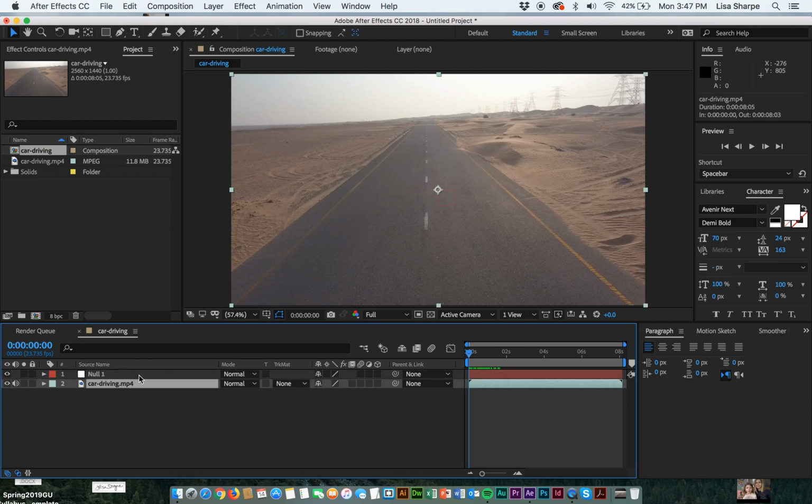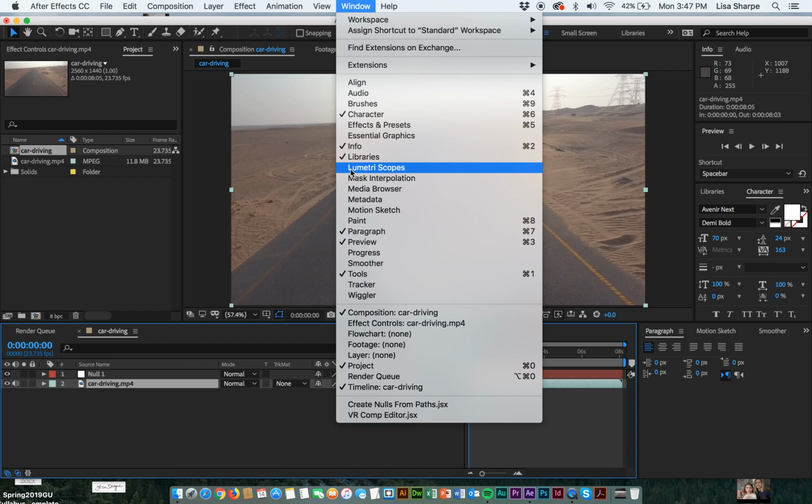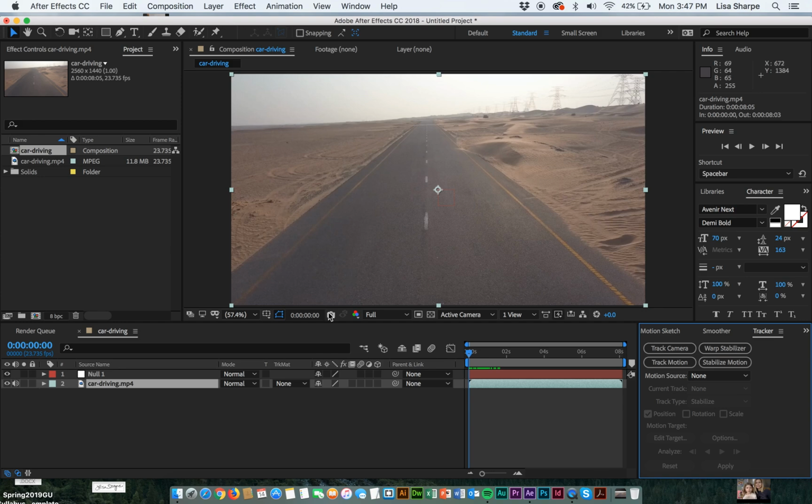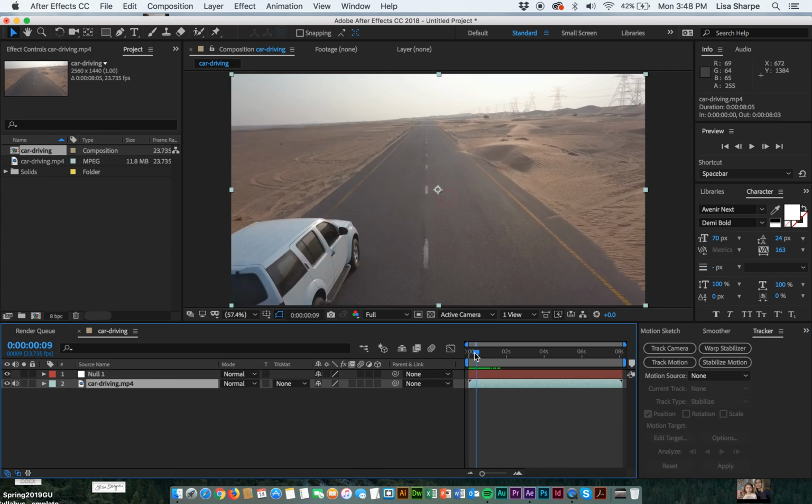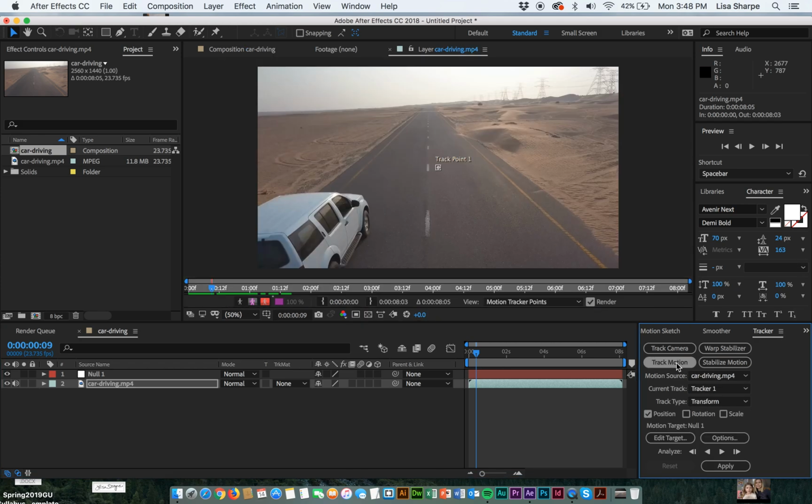Okay. So here we are, and I'm going to open a new window, and that window is the tracker window. So car driving.mp4, I'm going to mouse through here to a place where I can see the car, because we need to give the camera something to track. So we're going to track the motion of the object, and so my source is car